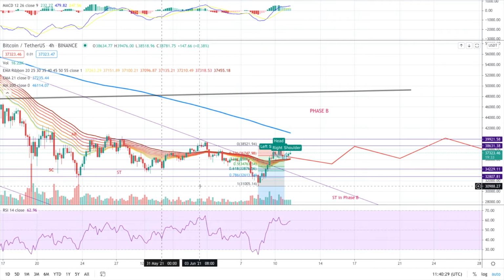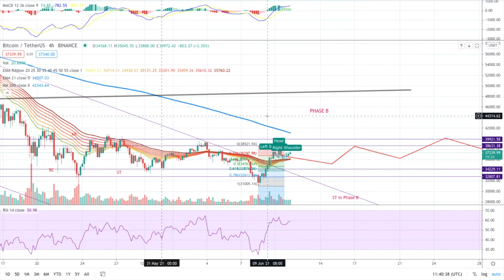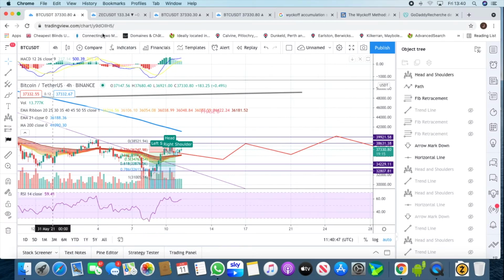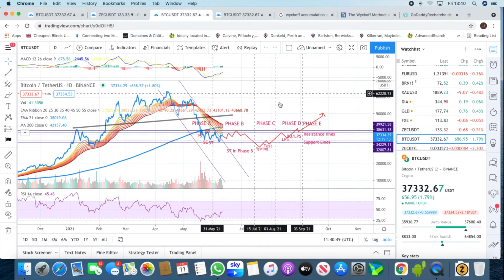So we take our lead from Bitcoin, which takes its lead from traditional markets and from the Fed, basically. And assuming that we consider that we're still in the middle of this bull cycle, then actually we should zoom out. We can look on the line chart. If we look at this Bitcoin